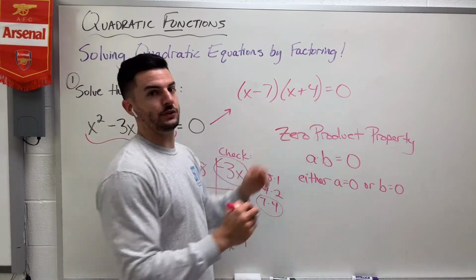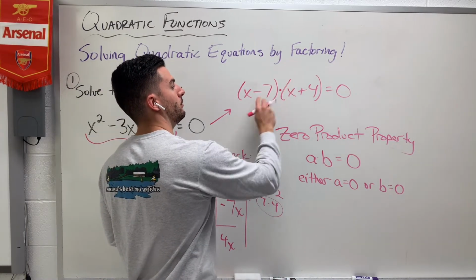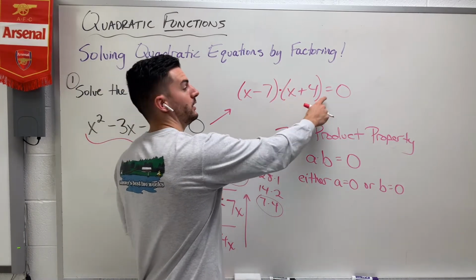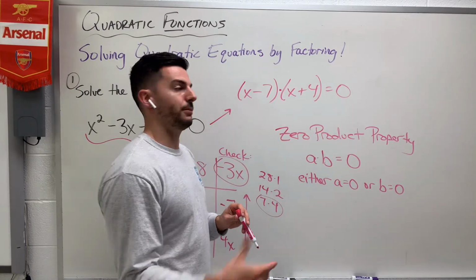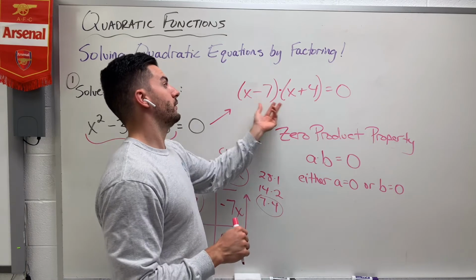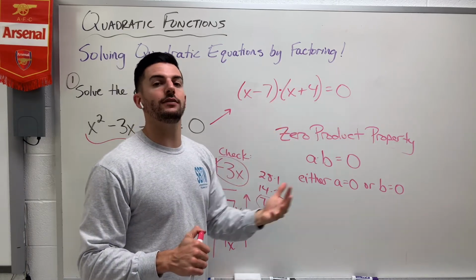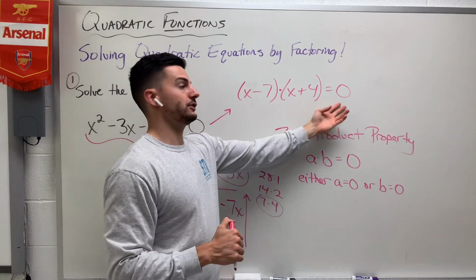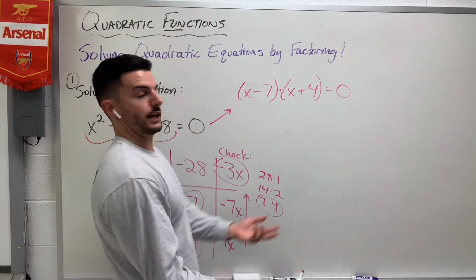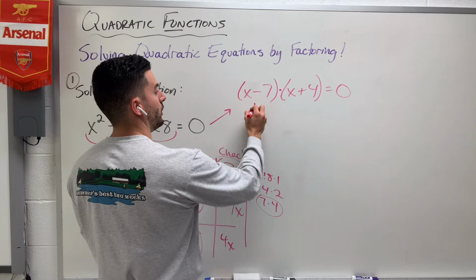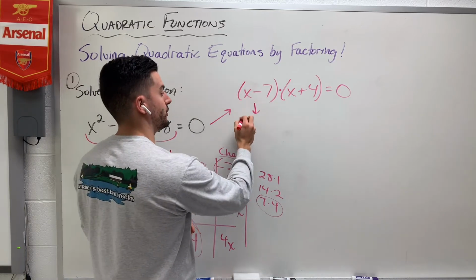Even though they're groups, I have something multiplied by something else equaling 0, right? So I can apply the zero product property here and say, okay, one of these two groups would have to be equivalent to 0 for this to be true, okay? So using that rule, I could think, maybe this first group is the one that's equivalent to 0,